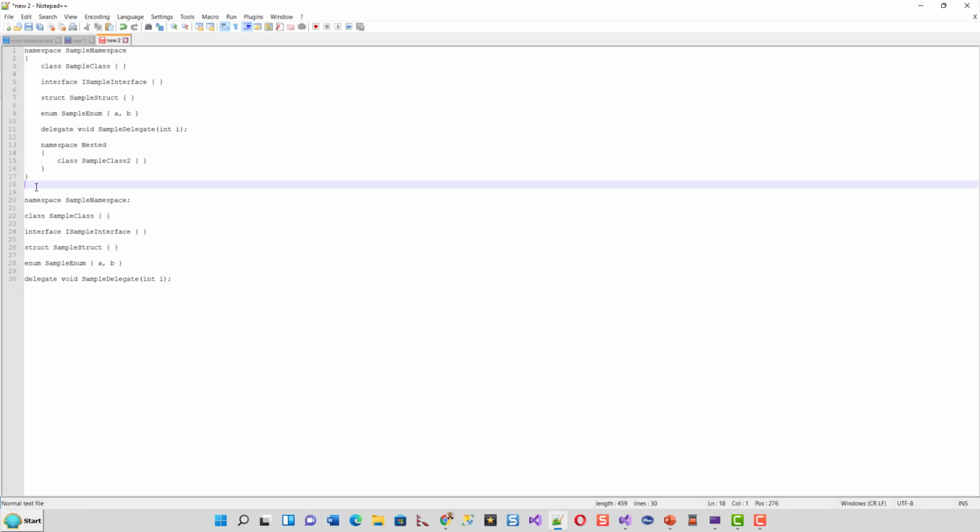99.9% of the developers all over the world would only ever write one namespace in one file and write all the classes and other things within that single namespace. So they got rid of writing like this, and implemented a file scope namespace with a semicolon, and you can start writing your classes, interfaces, etc. without having to be contained within a pair of curly braces.